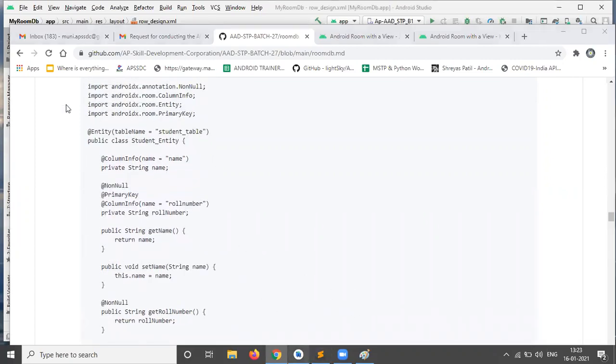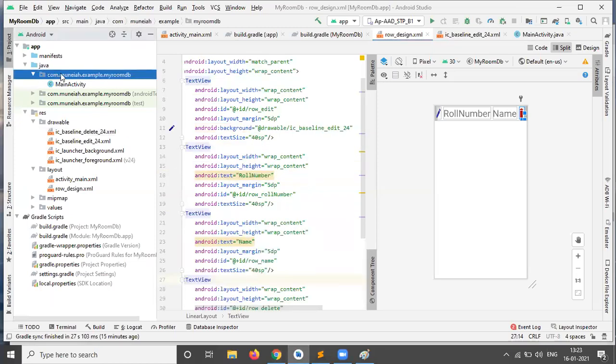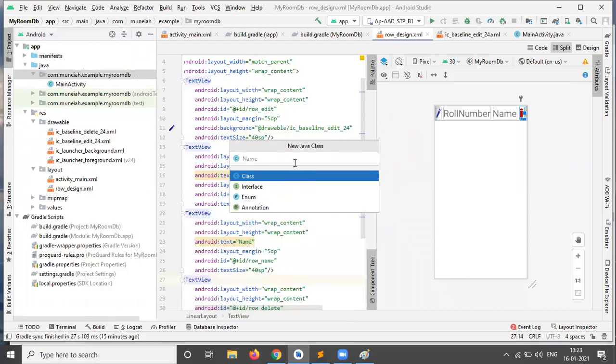Go to Android Studio and come to the Java first package. Open the Java first package. Right click on that, new Java class. What is the Java class name? This Java class name should be the entity class name.